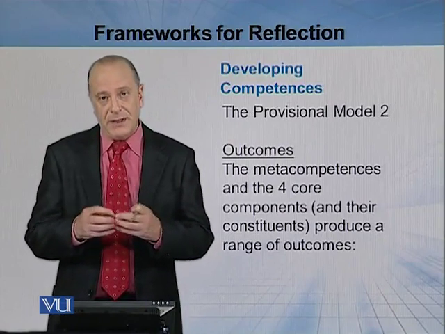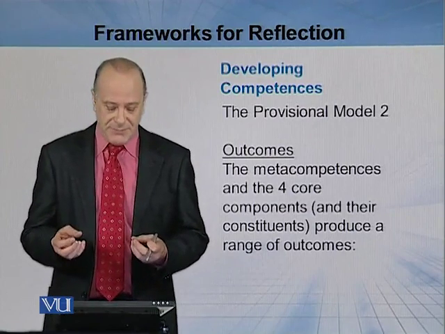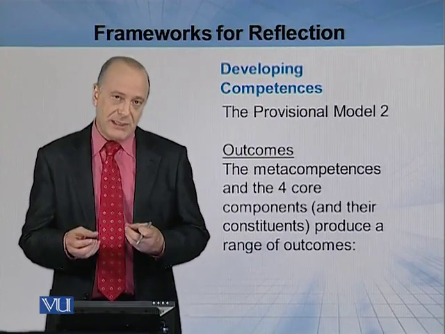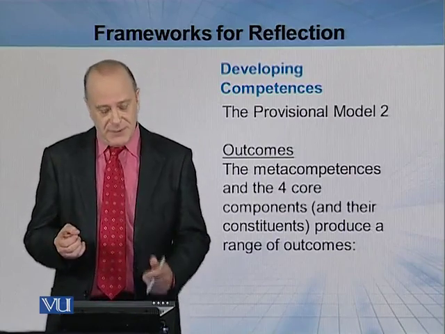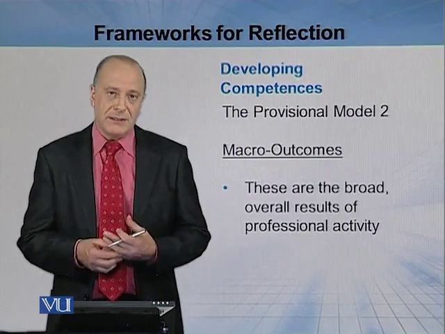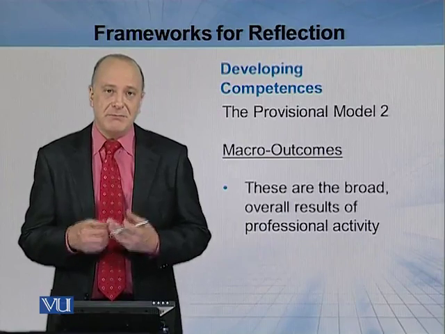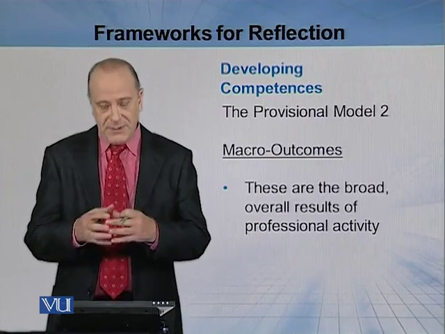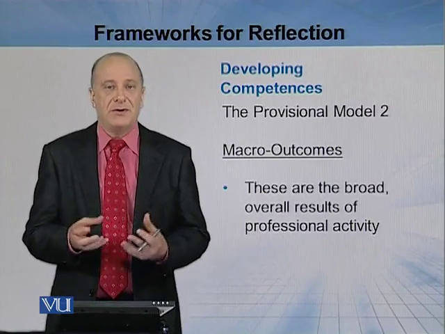So we can see that the professional competencies have very particular components, and all of these components, along with the meta competencies, lead to particular outcomes. And what we need to think about as reflective practitioners are the range of these particular outcomes. Outcomes come in three forms. One form can be macro outcomes, or in other words, these are very broad, big outcomes, large results